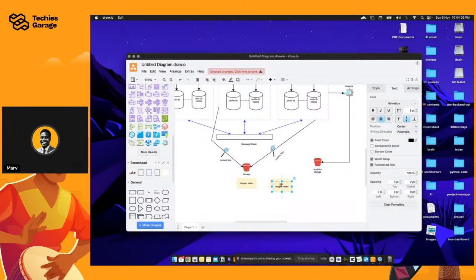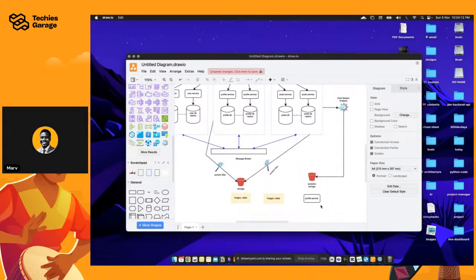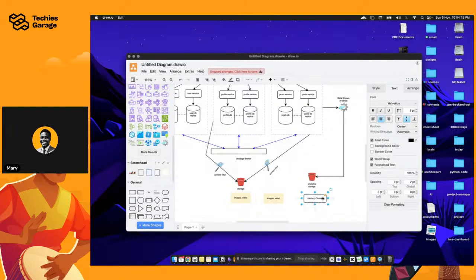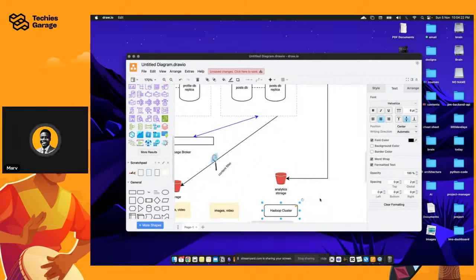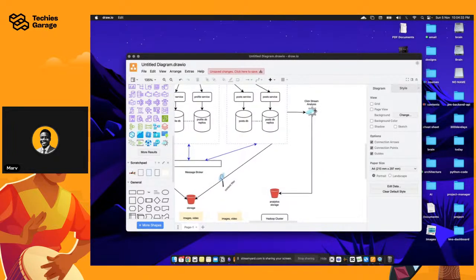If you don't know Hadoop, Hadoop is basically a big data analytics platform. So let's call this Hadoop. We're putting this into our Hadoop cluster. One thing you should know is, right now you see we have the clickstream analysis going straight into a storage. This is the point where you can also say, I want this particular data to go to some other channel apart from just that storage.